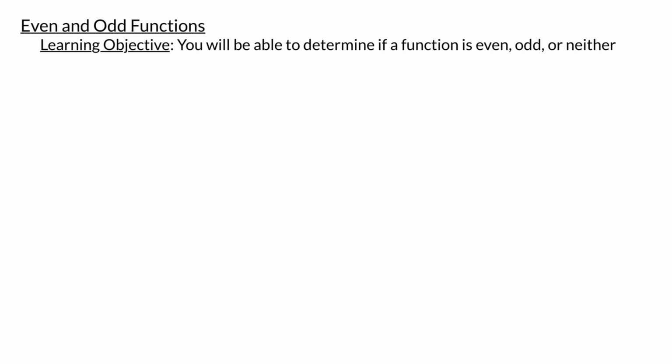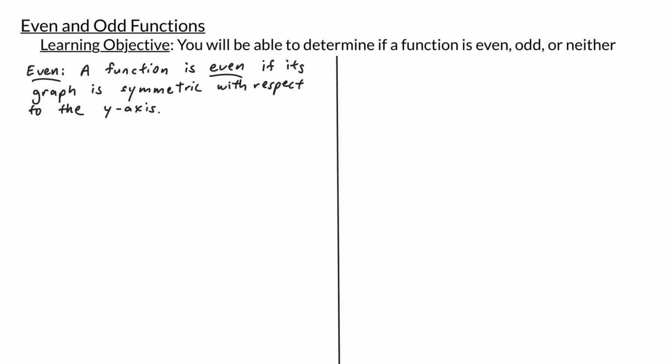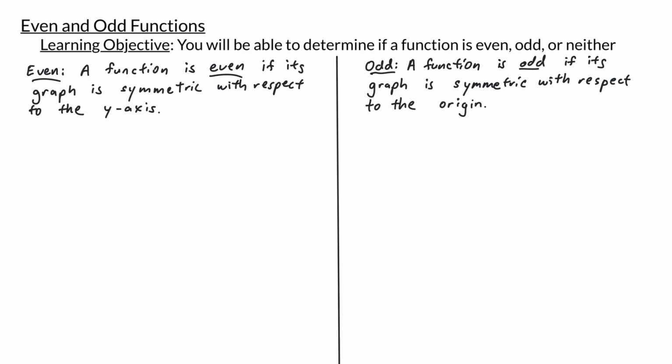In this video, we'll be learning about even and odd functions. We say that a function is even if its graph is symmetric to the y-axis. We say that a function is odd if its graph is symmetric with respect to the origin. Our goal in this video is to learn how to decide when a function is even or odd just by